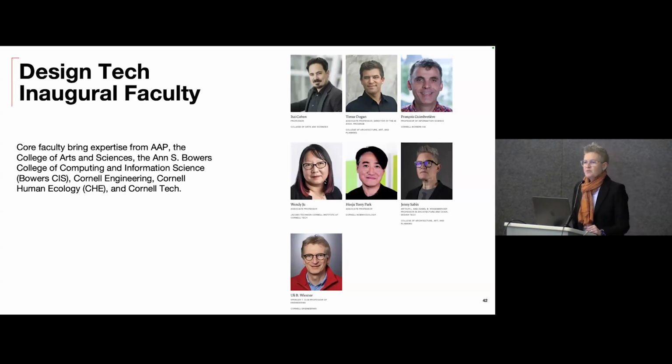So I talked about our Super 7, as I call them, our inaugural Design Tech faculty, who are all tenured professors in our participating colleges. All of these faculty also participated on the task force that Professor Wendy Ju and I co-led, which did the groundwork to get us to this point. So this is a really special group of faculty that you can lean on, you will learn from, work with in an advisor fashion, and engage in core teaching that truly is transdisciplinary.